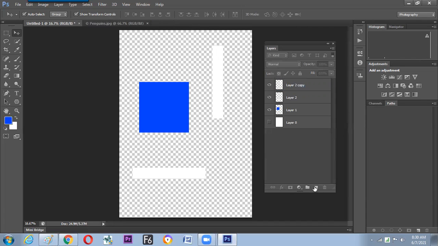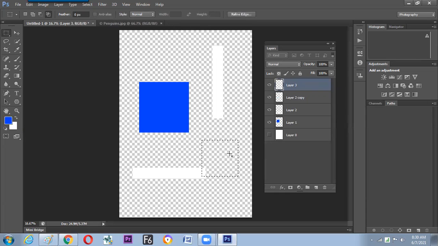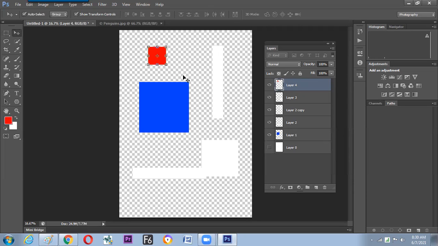And now we can take a new layer and make again a box and fill it with a white color, which is a little smaller than this. Again, we can take a new layer and make a box on it, of the other color. Is it okay? So we have done things randomly on the screen and we can switch off this show transform control, which doesn't allow us to see the transform window. The transform box is required whenever we need to rotate or scale.